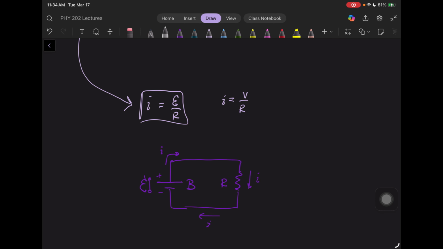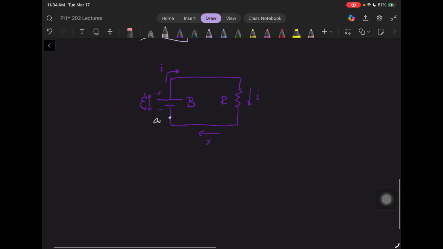If we wanted to, we could label this point in the circuit A. We're not even going to give it a value. We're just going to say at point A we have a potential V sub A. And so if we're then going to go through this circuit, in the same direction as the current, to make life easier,